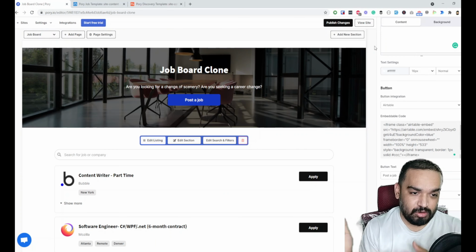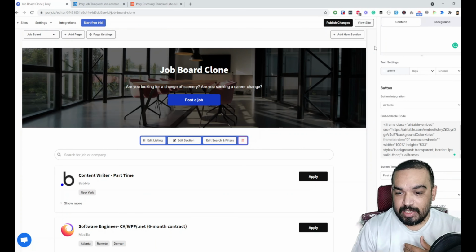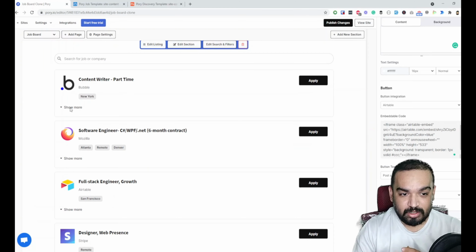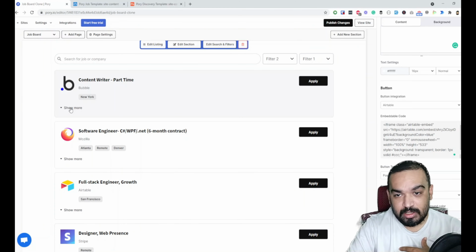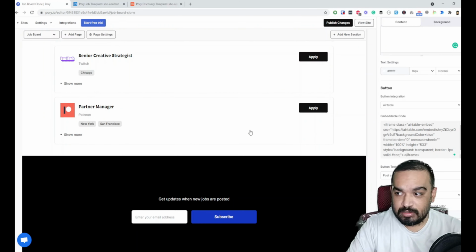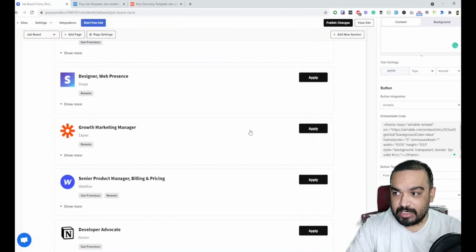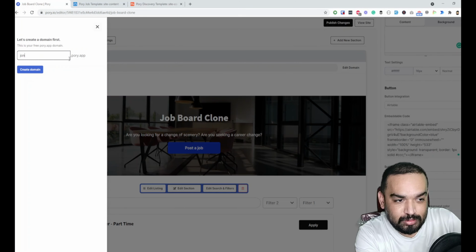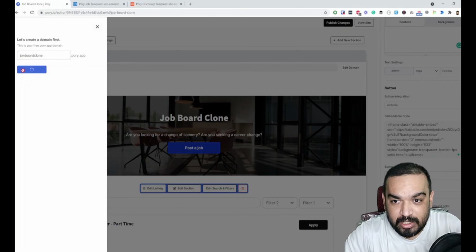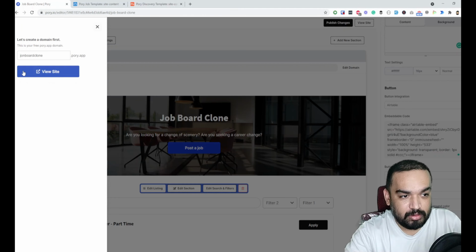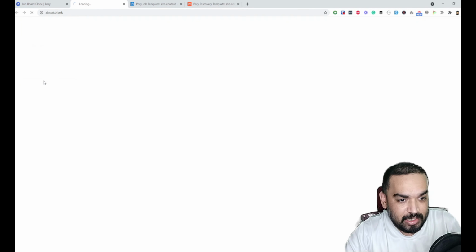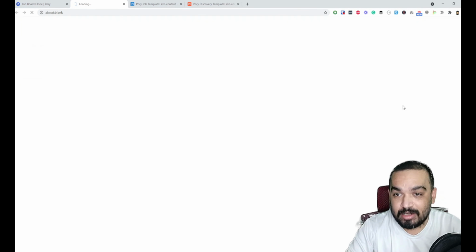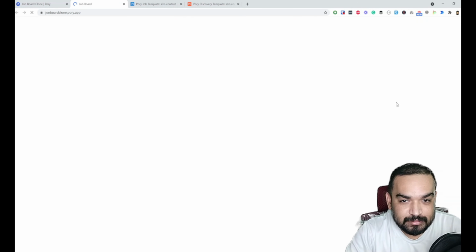as you can see, there was no option available in the detail view because the details are already available here instead of a separate page, so those are not available. And yes, that's it. The site is ready now, as you are probably aware. If not, just click on view site and it will ask you what custom domain you need. In this case, I want to do job board clone and create the domain. If you want a custom domain, you'll have to upgrade your plan and pay monthly. So I clicked on view site, and our job website should be ready.